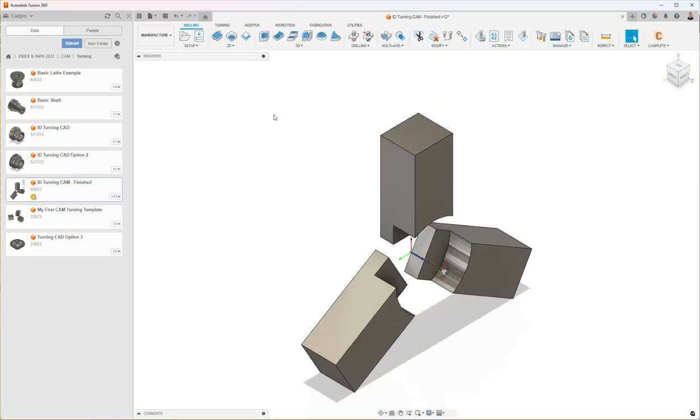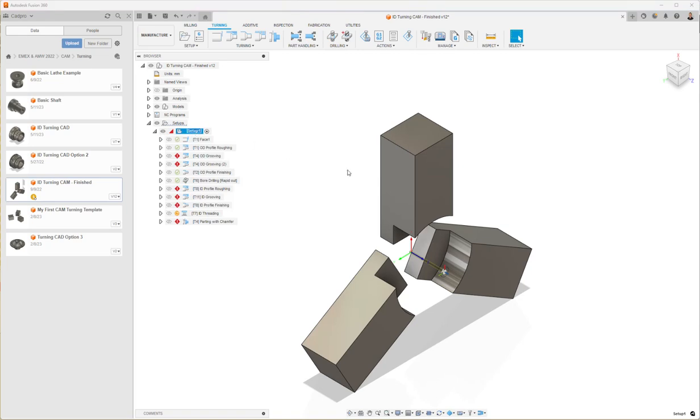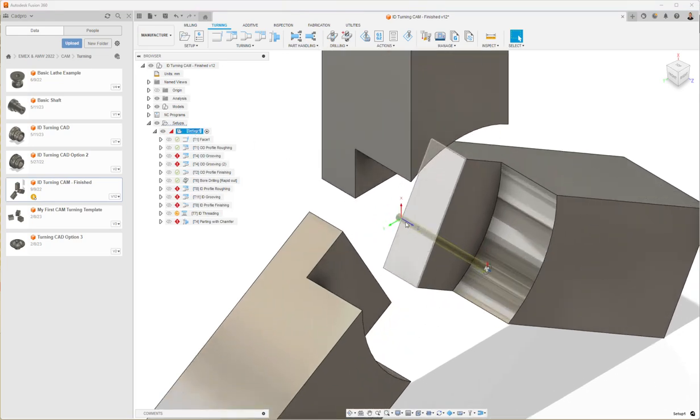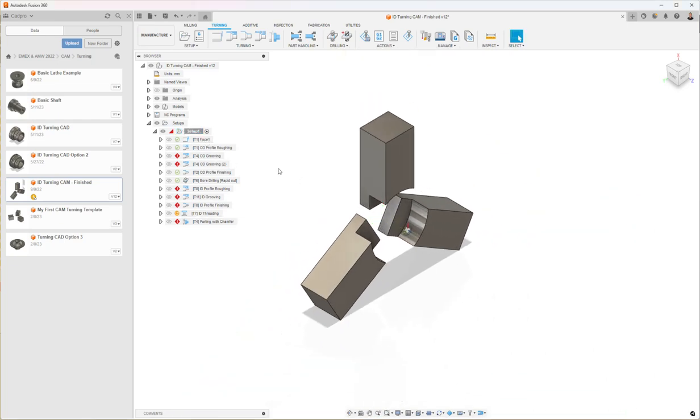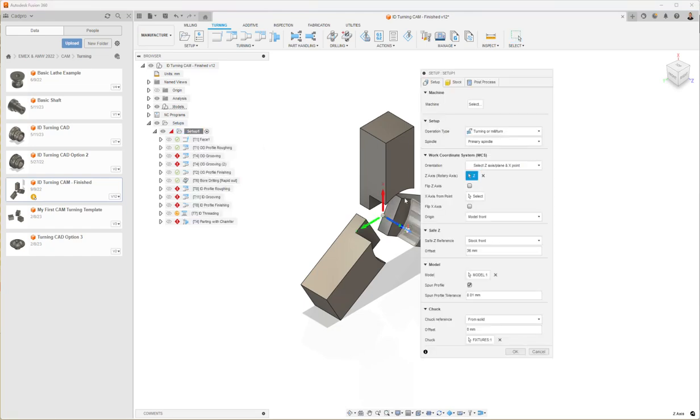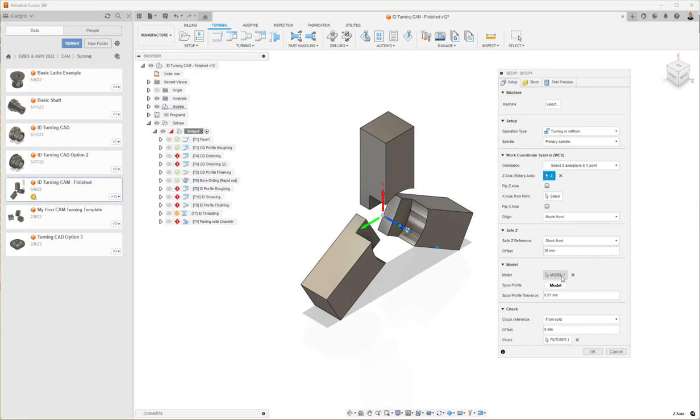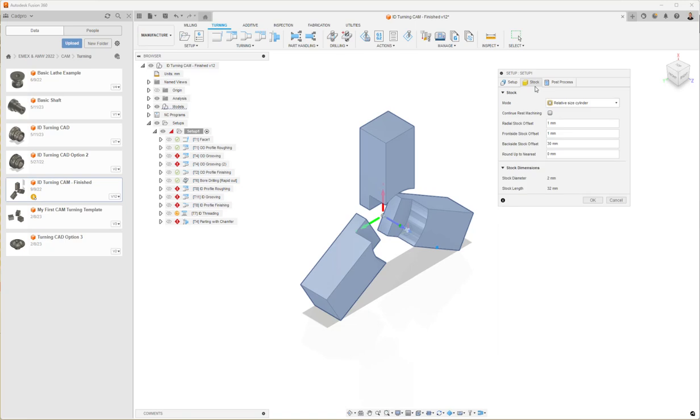And in the manufacturing workspace, there's a setup that's pre-created. You can see the stock is super small at the moment, and there's a bunch of toolpaths in there waiting for a model. So everything's kind of pre-selected based on the containers. So here we've selected the model component, but there's nothing in there yet. From solid and then fixtures, so whatever ends up getting put inside the fixtures component gets added to the from solid selection, and then you could do the same thing with stock if you wanted to, but in this case